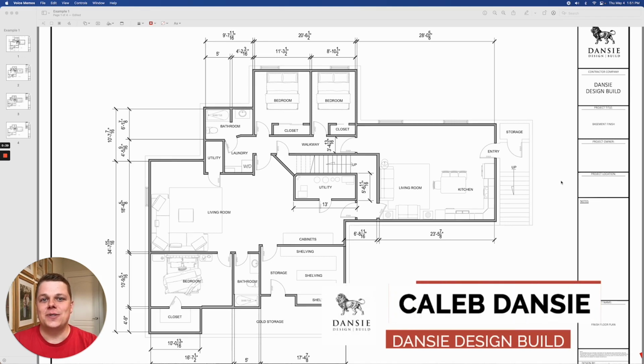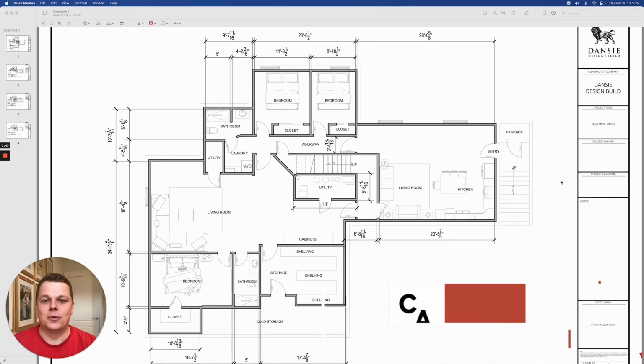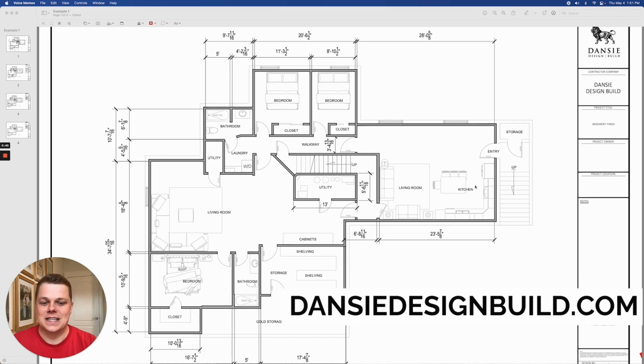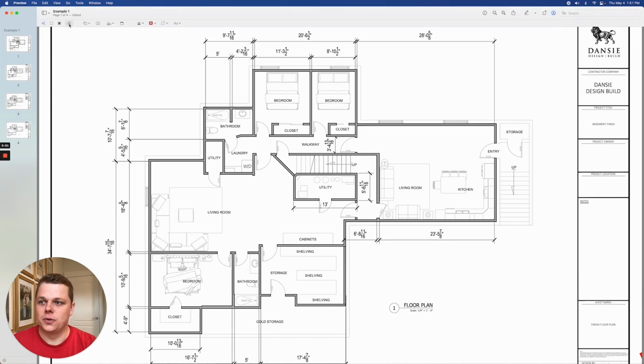All right, so the first project here that I wanted to show you how we're able to make it convertible square footage is this basement here. And so basically the way that we did this here was to create a series of doors near the stairs that basically you're able to switch out the doorknobs and the deadbolts depending on how you want the basement to